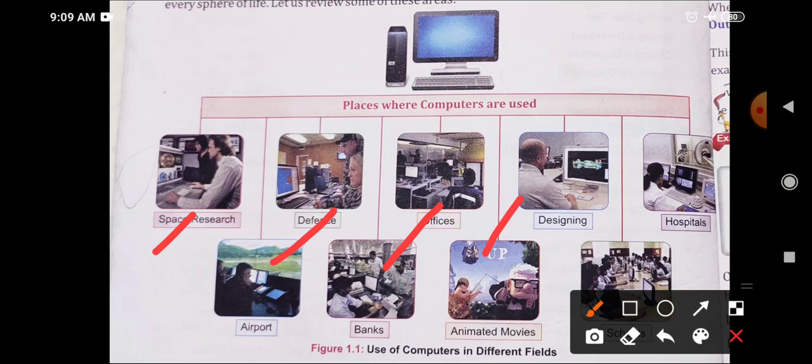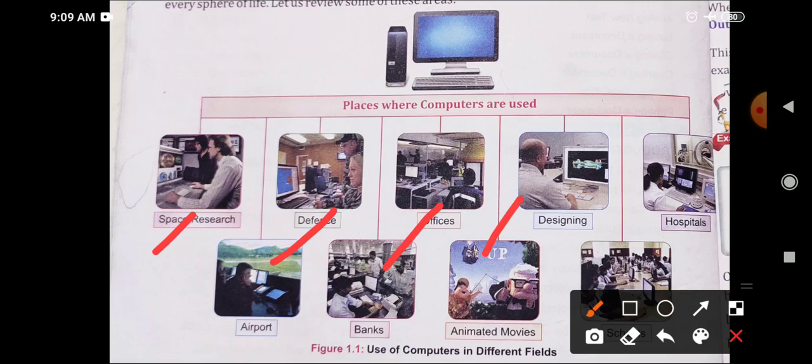Next is designing. How computers are used in designing. Today, the process of designing buildings, cars, everything is dominated by computers. Software tools used in the design phase can automate repetitive calculation and drawing tasks. With computers, we can design a picture before actually building a building or a car.